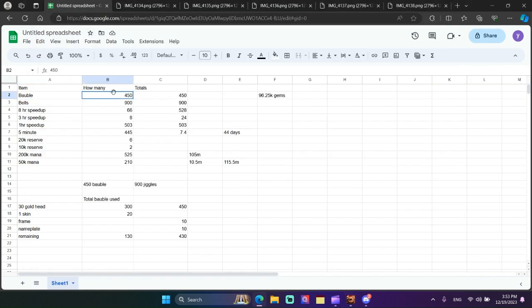So you're getting 450 baubles, you're getting 900 bells, you're getting 66 8-hour speedups, 8 3-hour speedups, 503 1-hour speedups, 445 5-minute speedups, 6 of the 20k reserves, 2 of the 10k reserves, 552 of the 200k mana and 210 of the 50k mana. So the total you're getting is a total of 44 days for max purchasing the bundle,